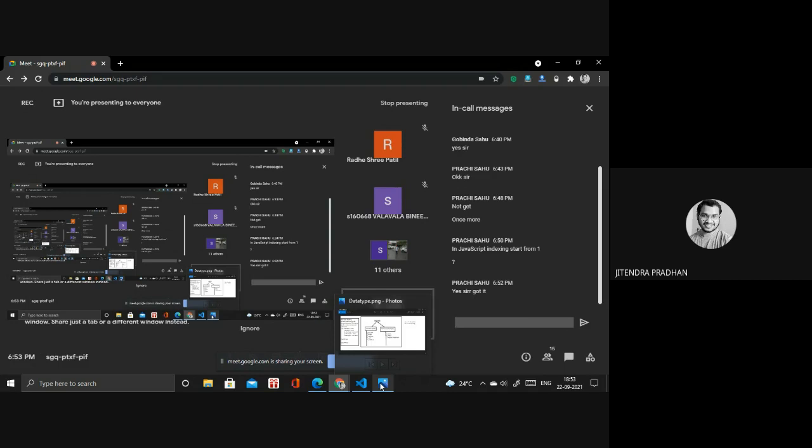If you're designing a login or registration page, when a new user registers on our website, we ask for first name, last name, gender, and finally a password. We have two password fields: one is the password, and the second is confirm password.